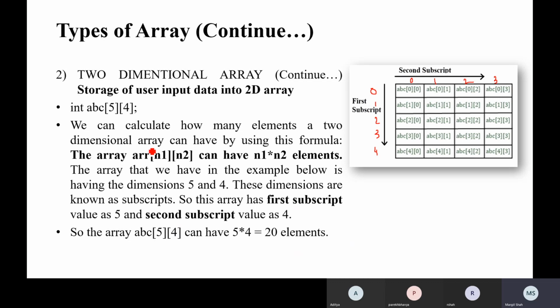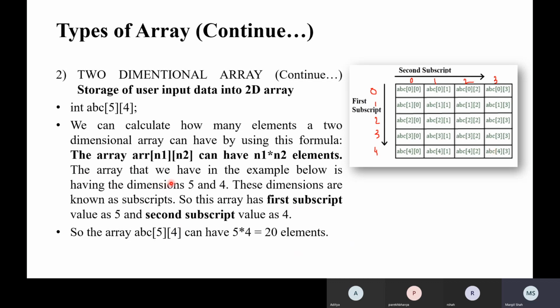The array ARR n1 n2 can have n1 cross n2 elements. So 5 cross 4, 5 fours are 20, so it holds 20 elements: 1 2 3 4 5 6 7 8 9 10 11 12 13 14 15 16 17 18 19 20.